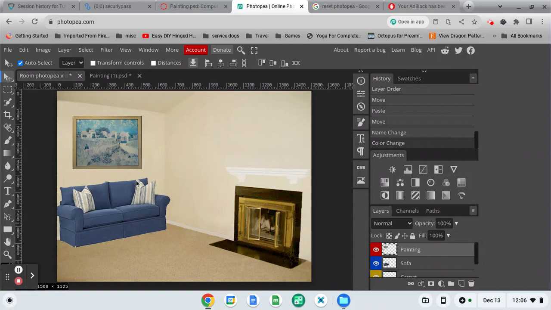Okay, so we're on the painting layer. We're going to start with Control. No, we're not going to go Control T because we're in Photopea. We're going to click on Show Transform Controls. Good. Now, with that done,